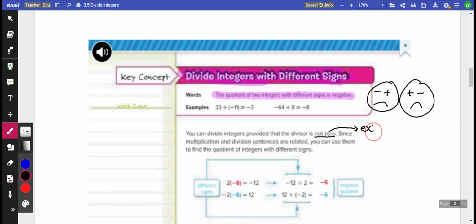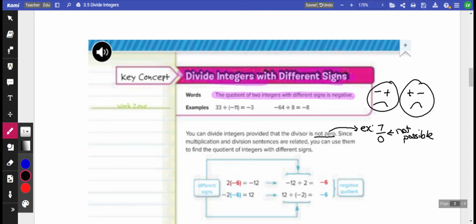So an example, 7 divided by 0, this is not possible. You can't go and have 7 ice cream cones and 0 people to give it to. It's not possible. So since multiplication and division sentences are related, you can use them to find the quotient of